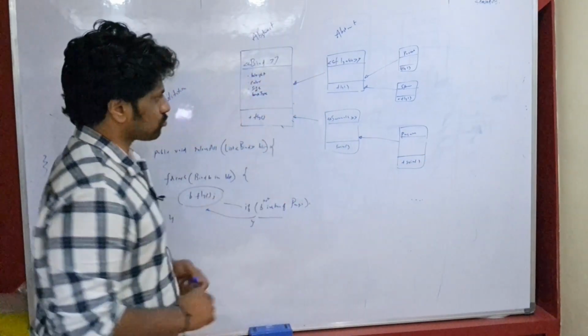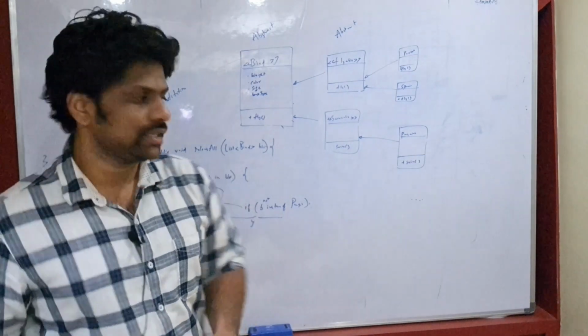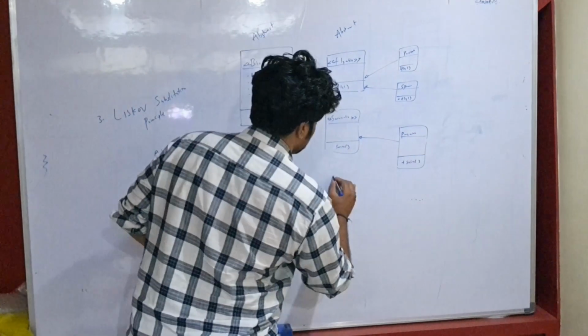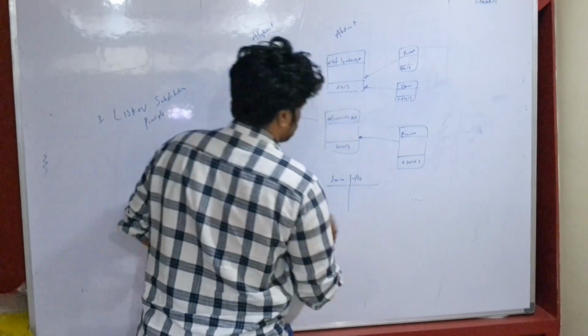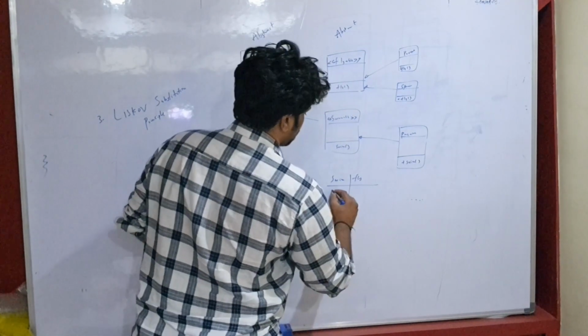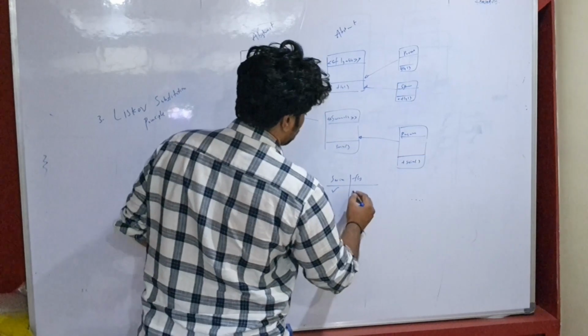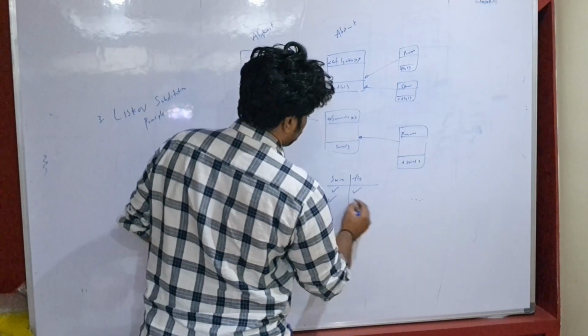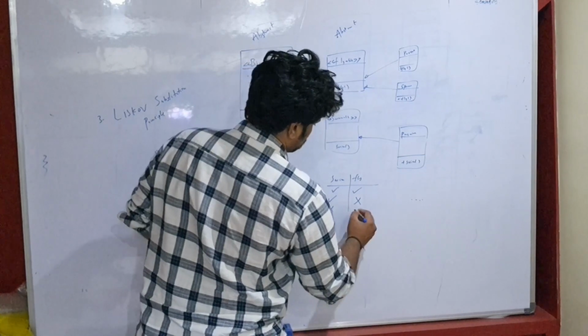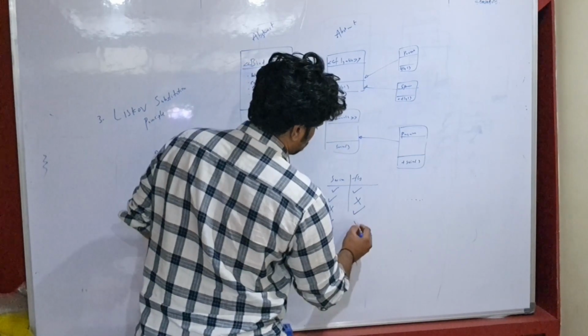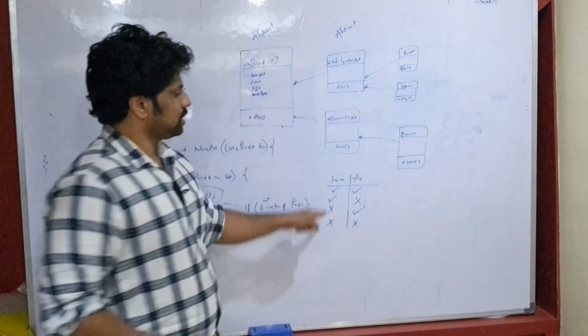Now, tomorrow let us assume there are two behaviors, swim and fly. So let us say some birds can swim and some birds can fly. Let us say some birds can swim but cannot fly. Some birds cannot swim but can fly. So both cannot swim and both cannot fly. So if you see these combinations,